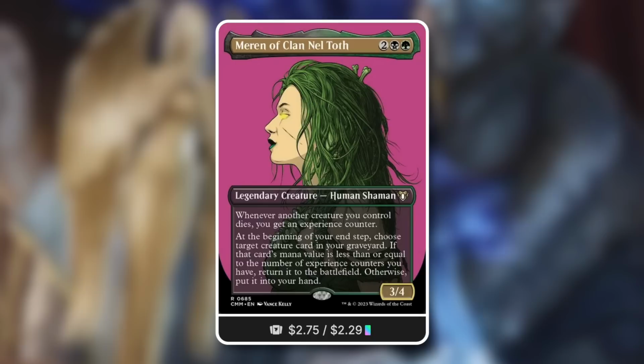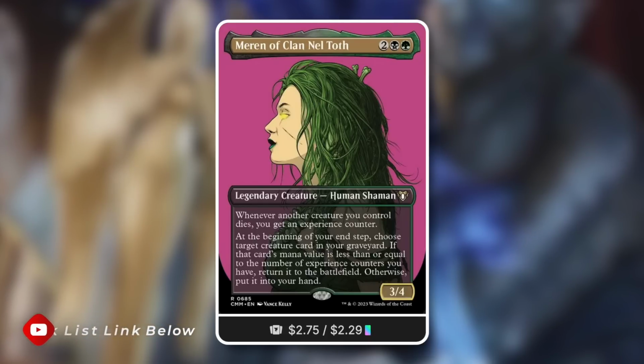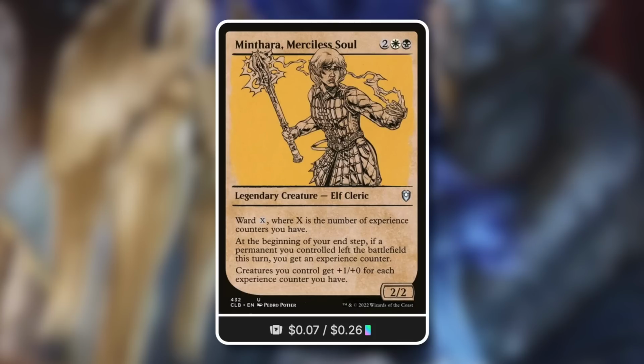That being said, at the beginning of your end step, choose target creature card in your graveyard. That card's mana value is less than or equal to the experience counters you have. Return it to the battlefield, otherwise return it to your hand. Yeah, getting them back to our hand can still be a very good thing as well, but yeah, cheating them in play, even better. Minthara, Merciless Soul, a 2/2 Elf Cleric for 4 mana in Orzhov, Ward X,